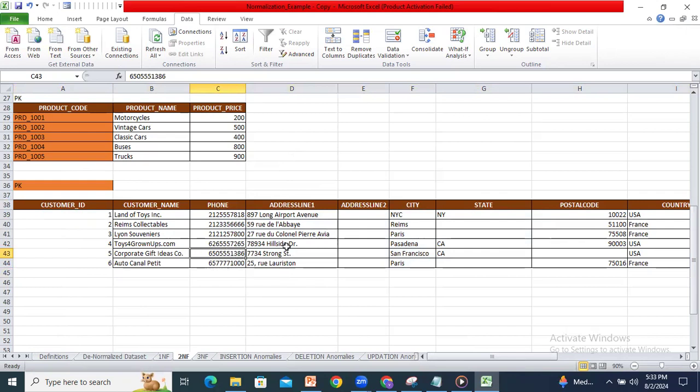Okay, so this is normalization done. So up to the second step is done. Okay, rule number 2 is done, and duplicate values also removed. Now we have assigned the primary key also, done. So customer ID, this part as